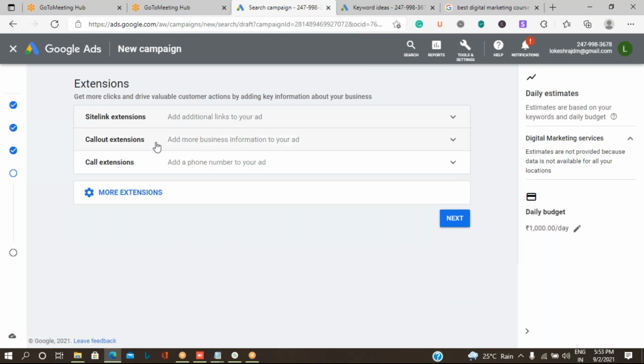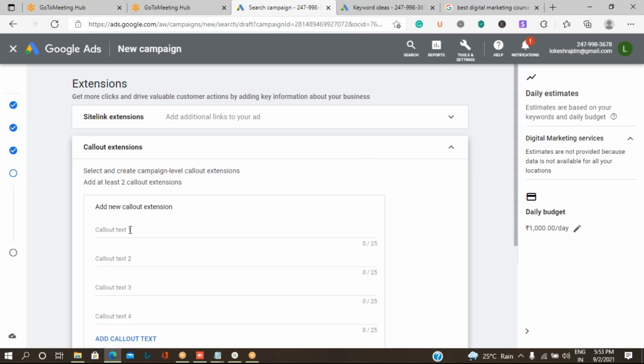Then there is an option called callout extensions. That means I want my ad to be highlighted with certain types of keywords.